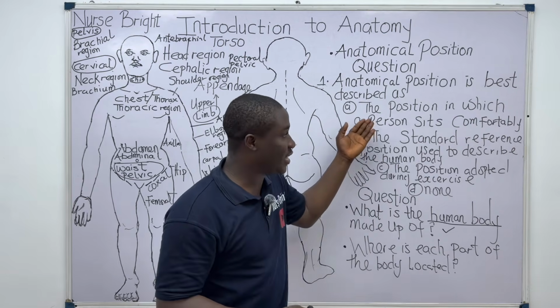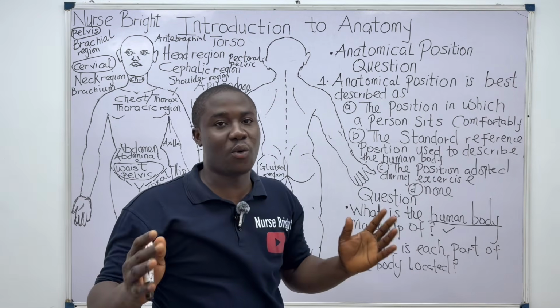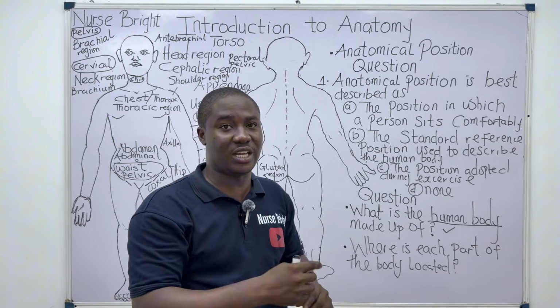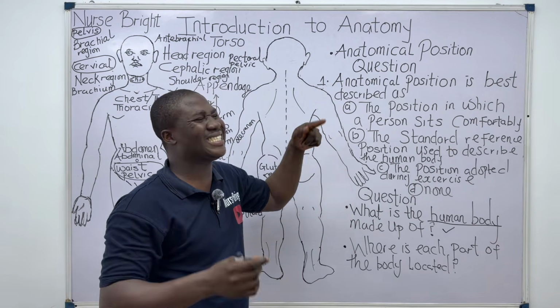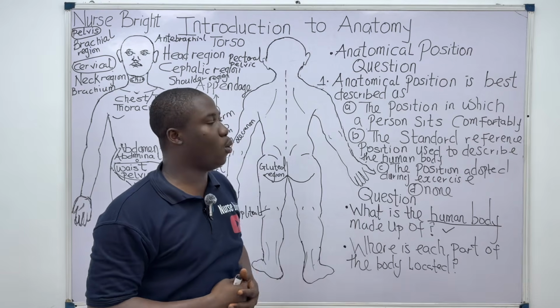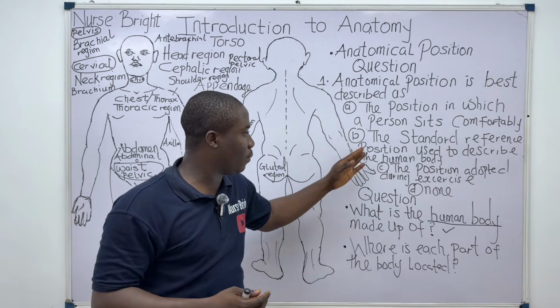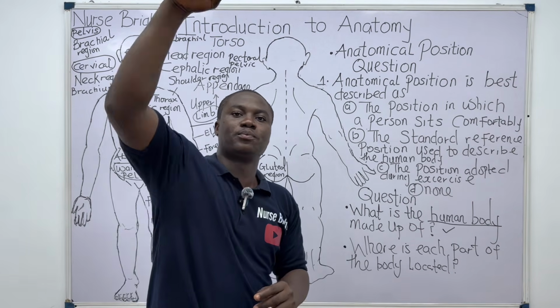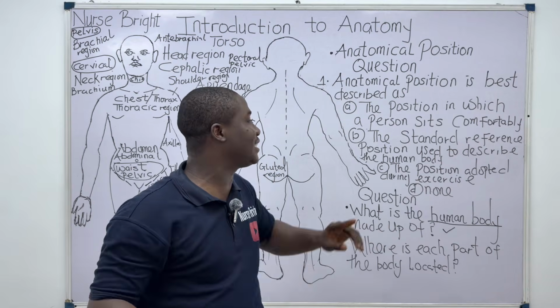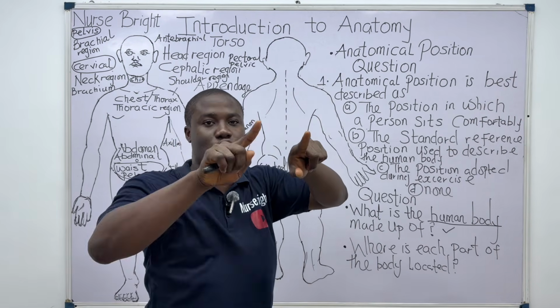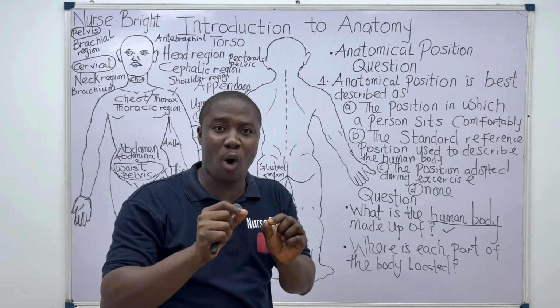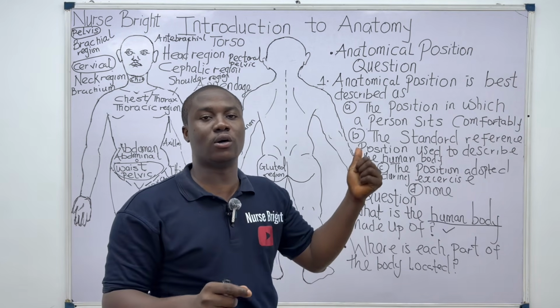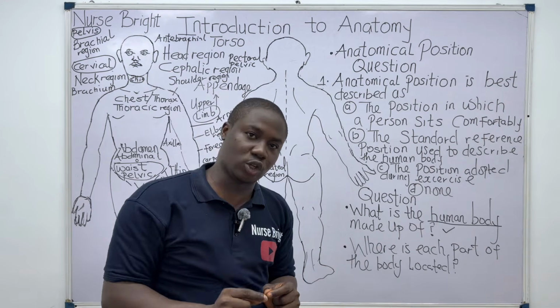So here is your first practice question based on what I've explained. It's so easy, you can solve it. It says, anatomical position is best described as, so you know what to do. Option A, you can see there. Option B. Choose the right option and provide the answer in the comment section. State on anatomical position question 1, put your answer there in the comment section. Let's get into more smarter questions on the anatomical position.